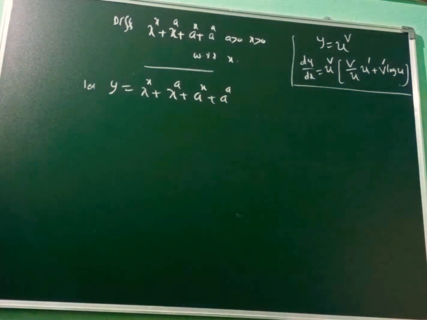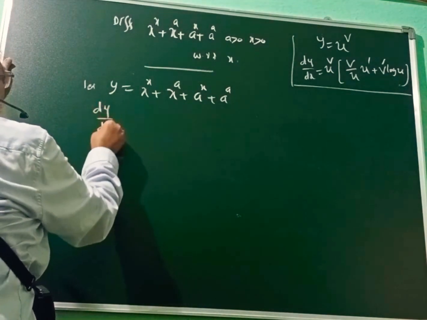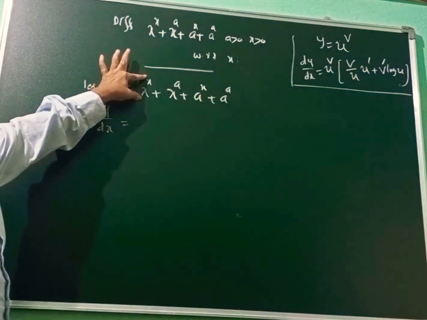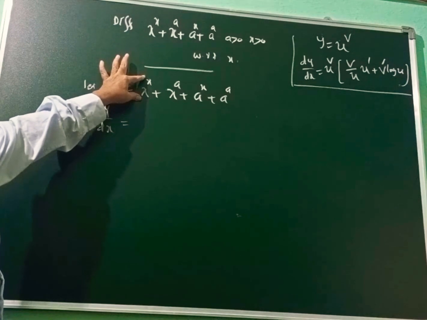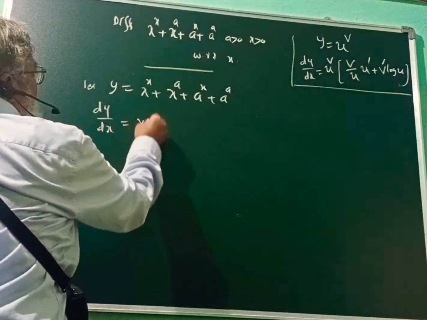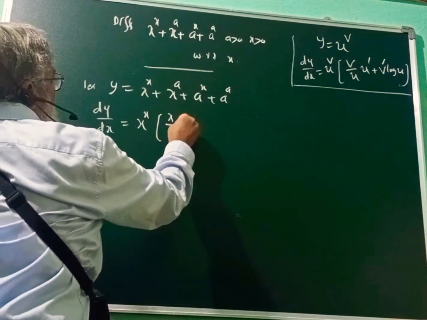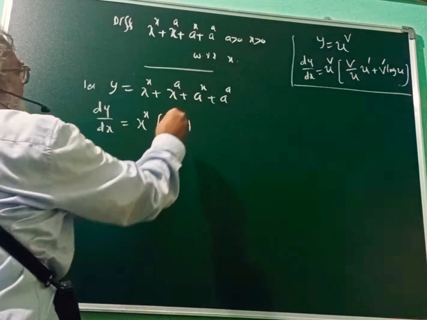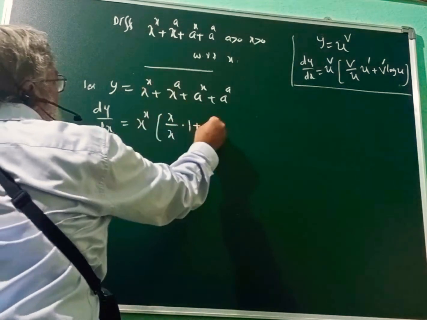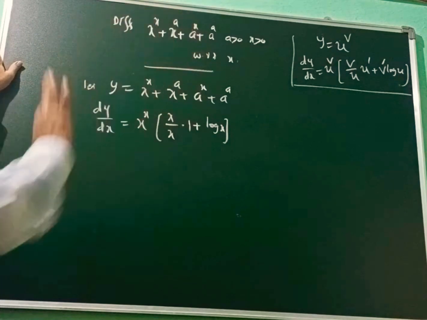Now for this problem, dy by dx, differentiate with respect to x. For x raised to x, it comes under the logarithmic differentiation because power and base both are variable. At that time, let us use that formula. We are applying that formula. It is x by x into differentiation of x, which is 1 here, plus differentiation of power, which is 1, into log of x. Directly we can apply that formula.